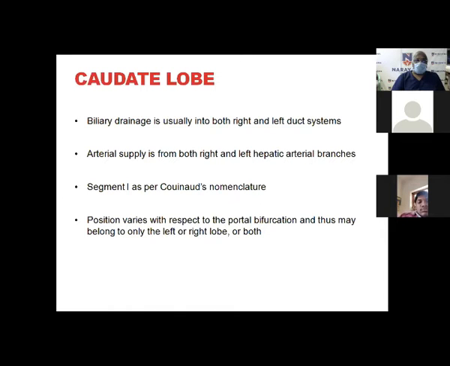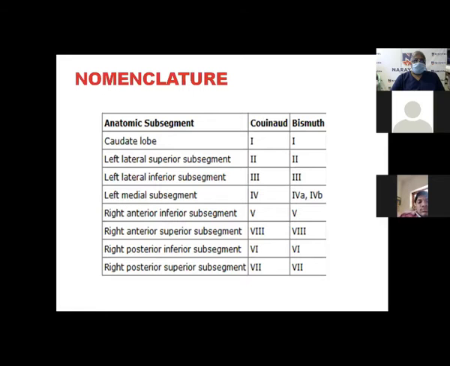That is caudate lobe. Caudate lobe per se, the anatomy may be a short notes question for you, especially for the postgraduate of MCH. And also caudate lobectomy, which they should know. Nomenclature, Couinaud and Bismuth. Bismuth only divided 4 into 4A and 4B. You could understand 4A and 4B has got individual components of bile duct drainage, hepatic artery supply, and portal venous supply. And of course, the hepatic venous drainage is there.